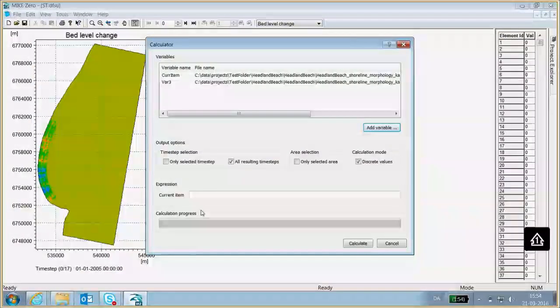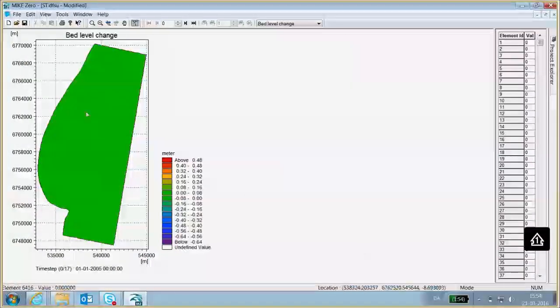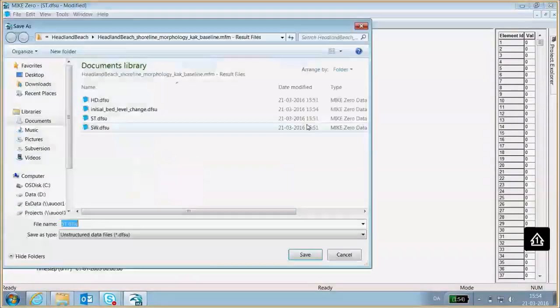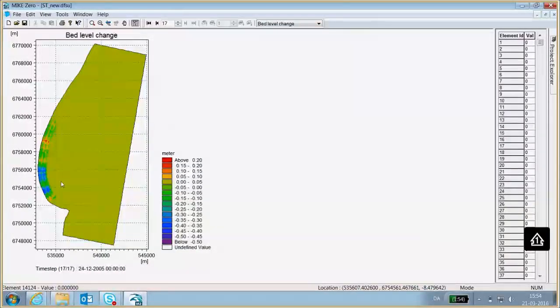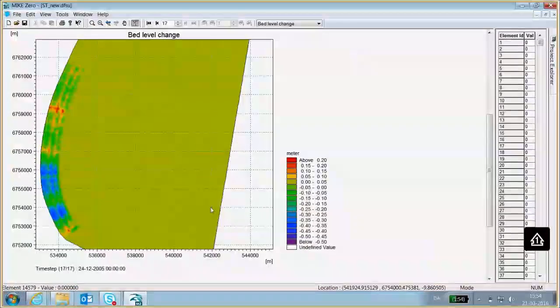And then we will subtract the bed level change from the current item. We do that by writing this current item minus variable 3, calculate, and save this as a new name, new.